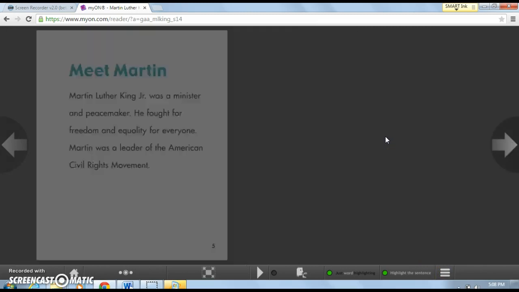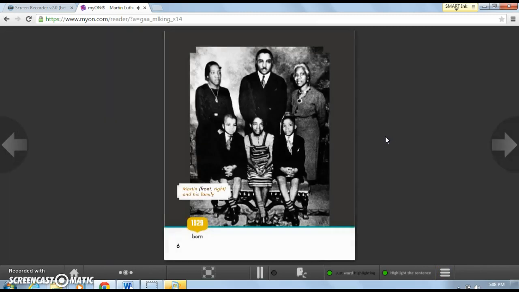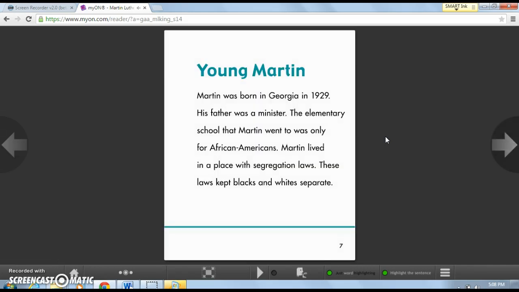This book has pictures and a timeline. This is just to give you an idea of how these books work. Martin was born in Georgia in 1929. Pause it. At the end of the book, it won't do it on my login as a teacher, but as a student,